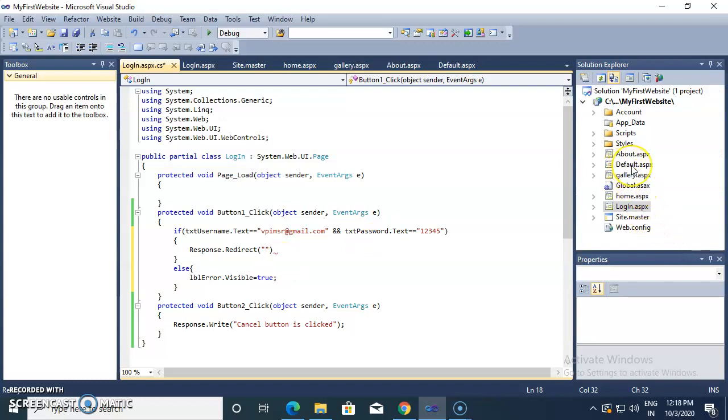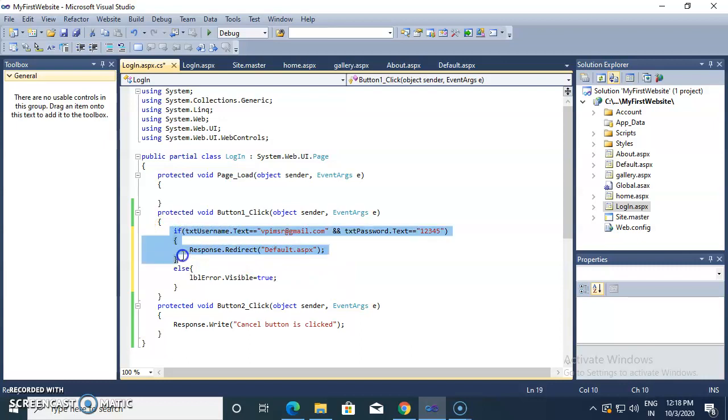I want to go to default, so I am giving here default.aspx. I want to go towards this default.aspx page.